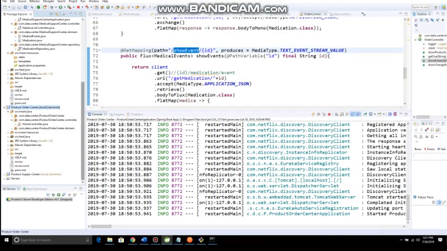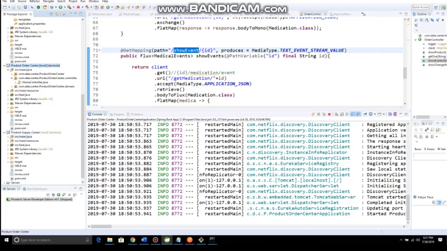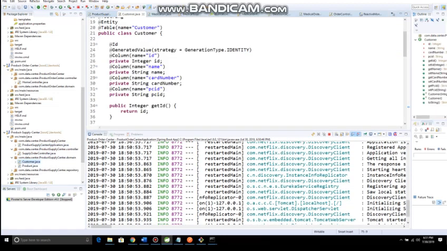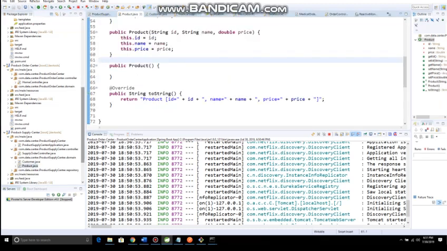The product supply center is mainly used to read the data from the database and supply the data to other microservice applications. In this application, I created two different domain classes. One is customer, one is product. And